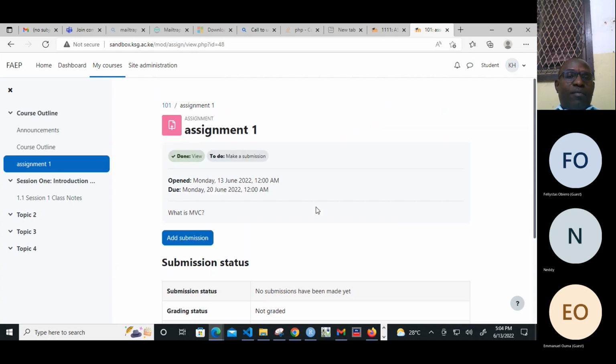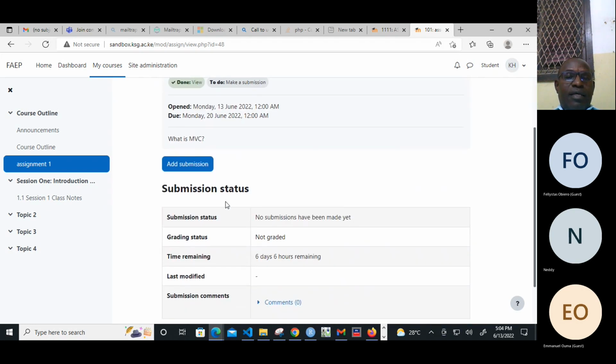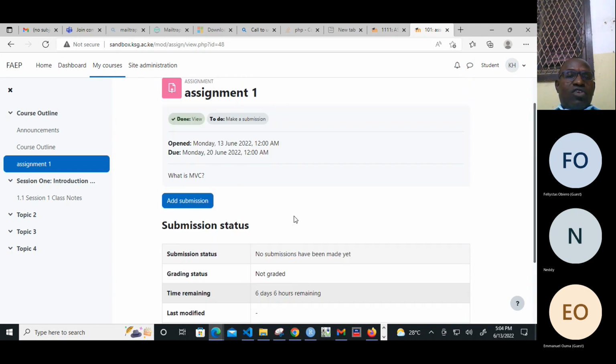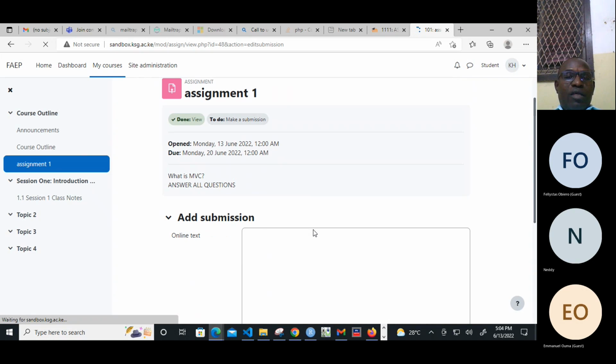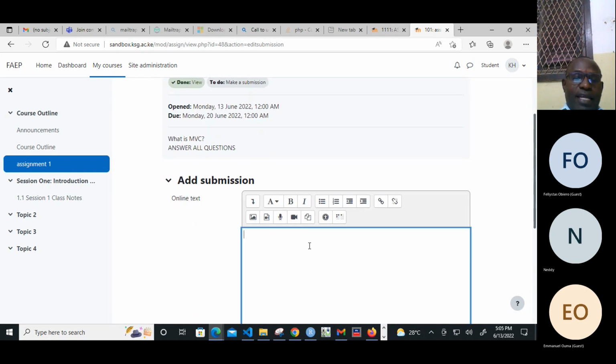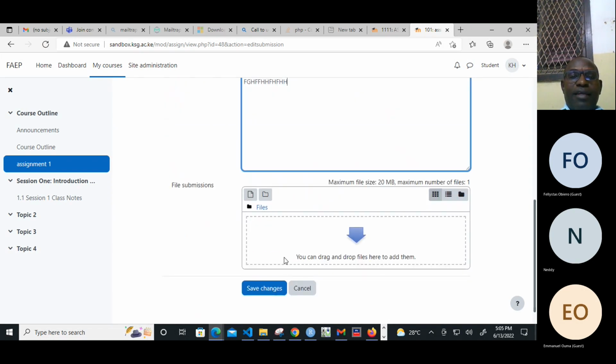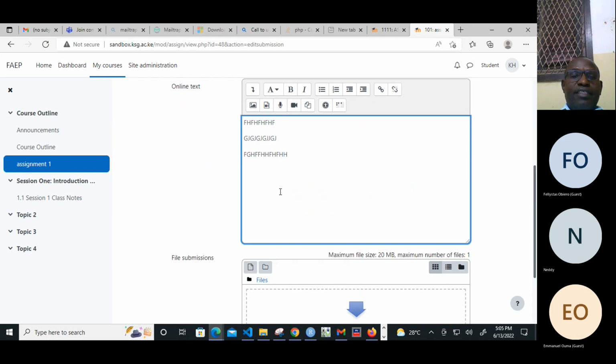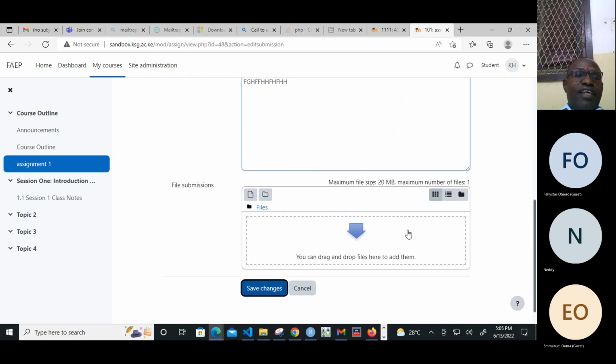So you see this? The student will see this, assignment 1, and there's no submission yet. So he will say add a submission. So the student will be given a place where he can type, because that is the option that we chose. And then he will say save. So when he says save,